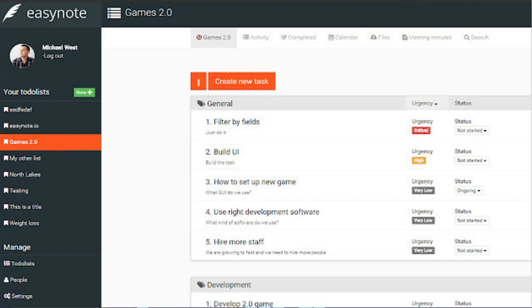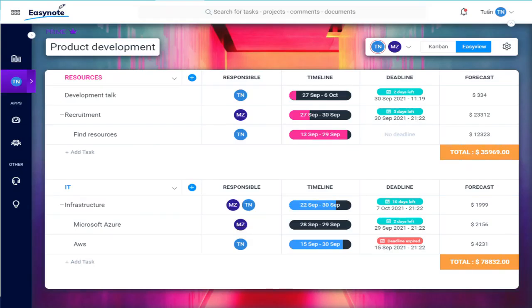To get started, you can customize your work from scratch or select one of the platform's many predefined templates. You can manage any type of work, from a simple to-do list to a large enterprise project, using powerful and diverse project widgets. And the intuitive grid-based EasyView conceptualizes information the same way your brain does for effective organization. The EasyNote dashboard is truly unique compared to other organization platforms on the market, and even lets you build your own custom dashboard and add unlimited gadgets to it, right?